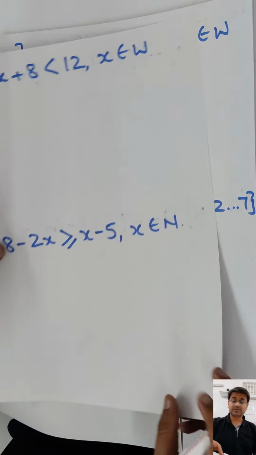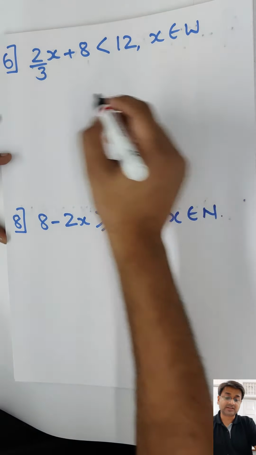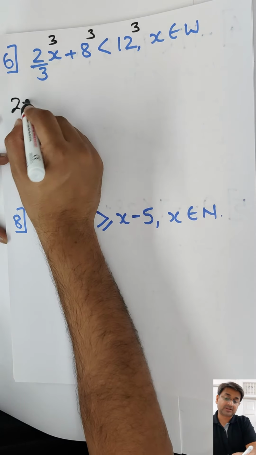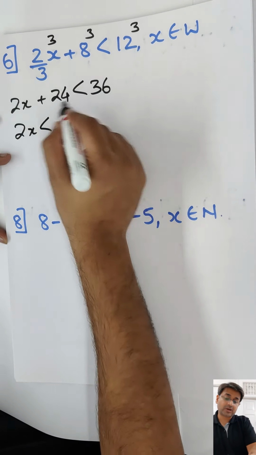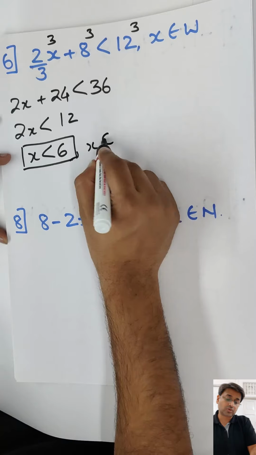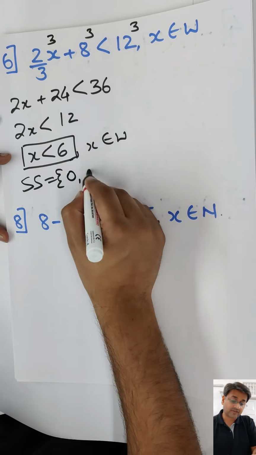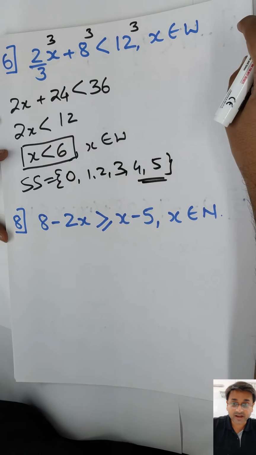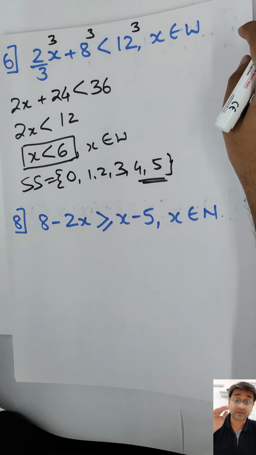Let's go with the next one. Sum number 6. Come on, all the best, everyone should get it. Take the LCM as 3. So multiply each number by 3 in your head. So 3 gets cancelled, therefore 2x, 24, 36. So I shall get 2x, 24 on the other side, so 12 and therefore 6. And x belongs to whole numbers. So come on, at least this time, x is smaller than 6. So starting from 0 and not equal to 6, so stop at 5. How many of you are getting it correct? Brilliant. If you're not getting it, please focus. It's very simple, very scoring.